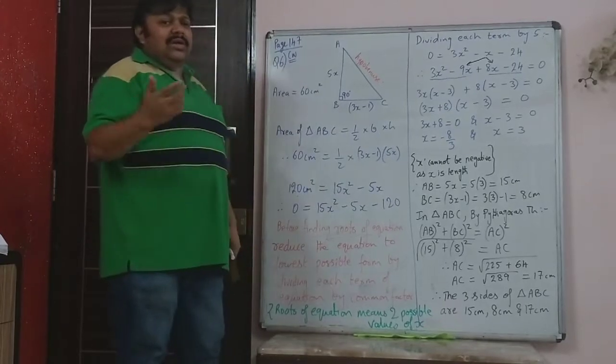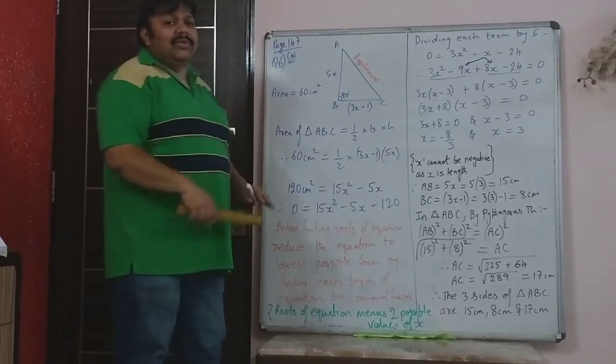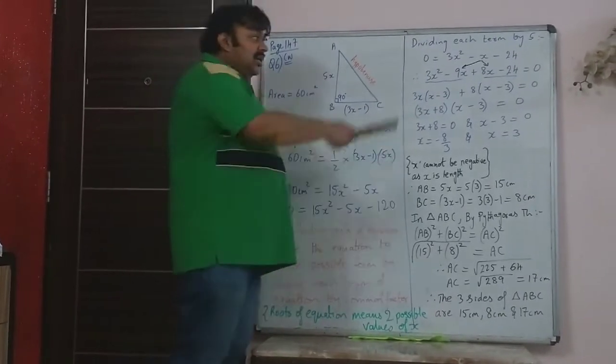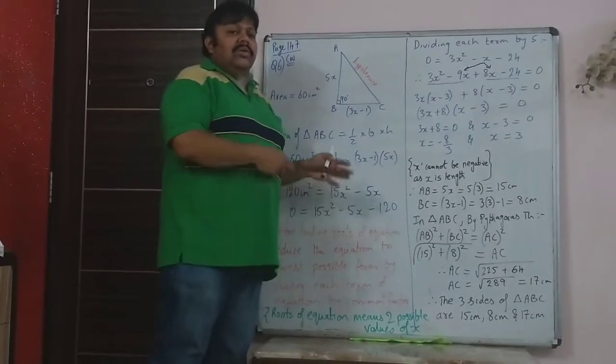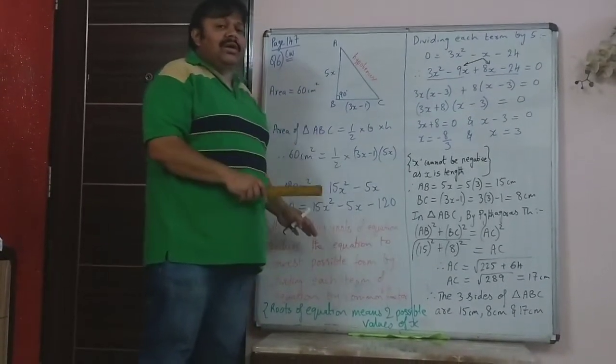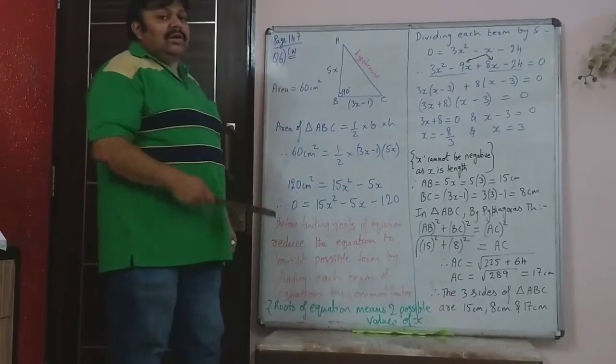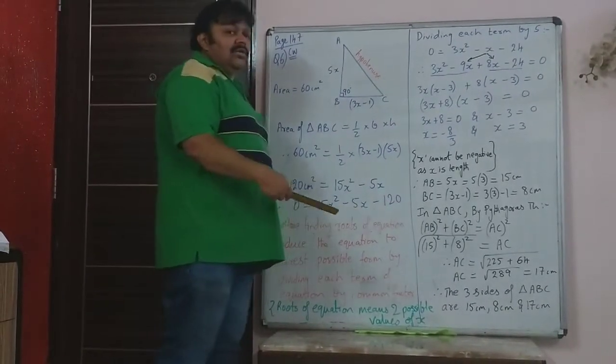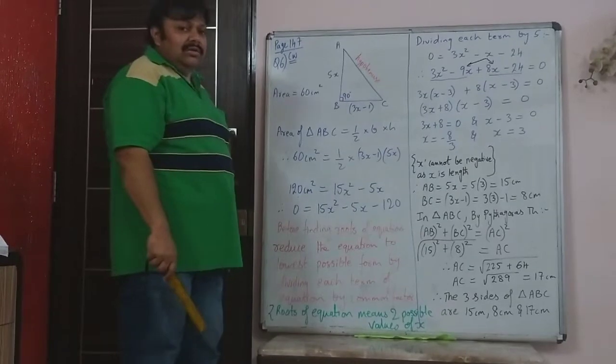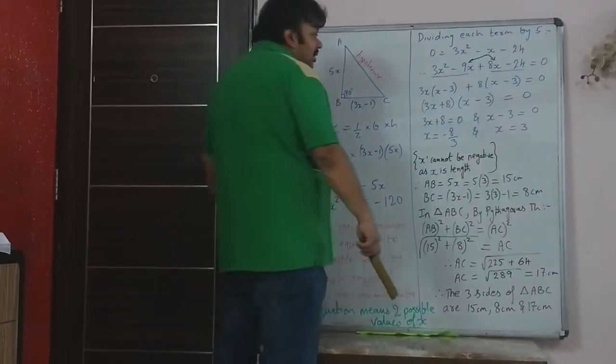As soon as you look at it, it may not be very easy if you have not practiced it. But usually the numbers, if at all it comes in the board, will be simple numbers. And again, this is there in standard 10 also, because you have got an entire chapter of quadratic equation in standard 10. So you have even done quadratic in standard 8, and it is there in standard 10.